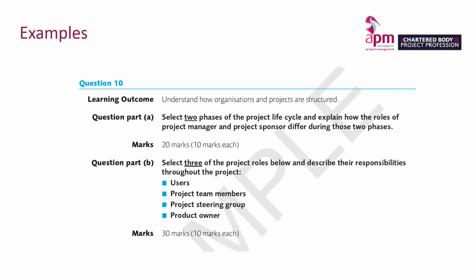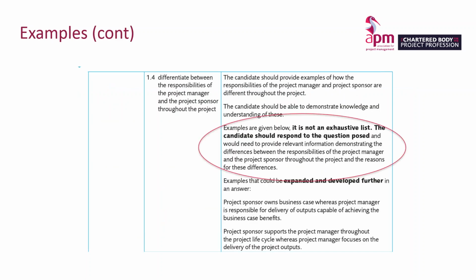So if we look at part A of question 10 that's on the screen at the moment, it's 2 phases of the project life cycle and explain how the roles of project manager and project sponsor differ during the 2 phases, which is worth 20 marks. So that's 10 marks each on those points. If we look at the indicative content for the assessment criteria, which is differentiate between the responsibilities of the project manager and the project sponsor throughout the project,